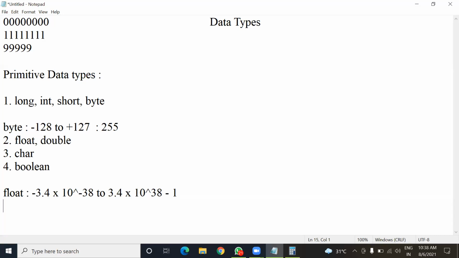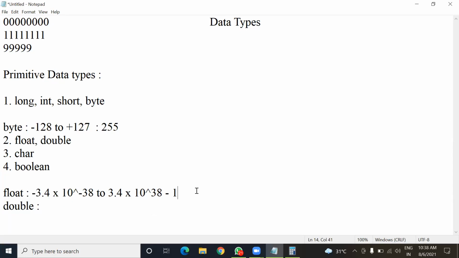Now come to this double. This double has a larger range than the float. It is equal to 1.7 into 10 to the power 308. If you have to store a big value that is not under the float range, you can use this double data type.